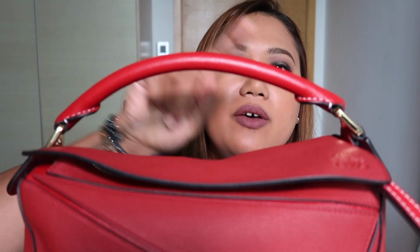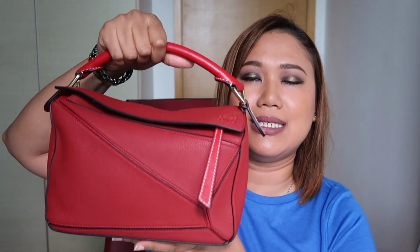I needed something that was big enough and also long enough for me to carry. So it's super lightweight, first of all, very lightweight, which is really important. The only heavy part I think is probably the handle, and that's not even heavy at all. So I love that it comes with a handle. A lot of the crossbody bags don't, and I feel like this handle just changes the entire look, and